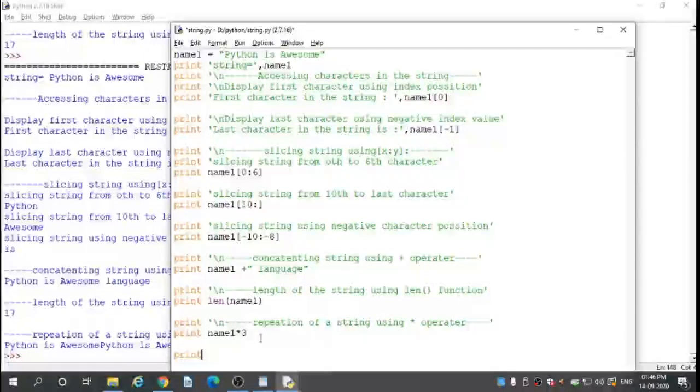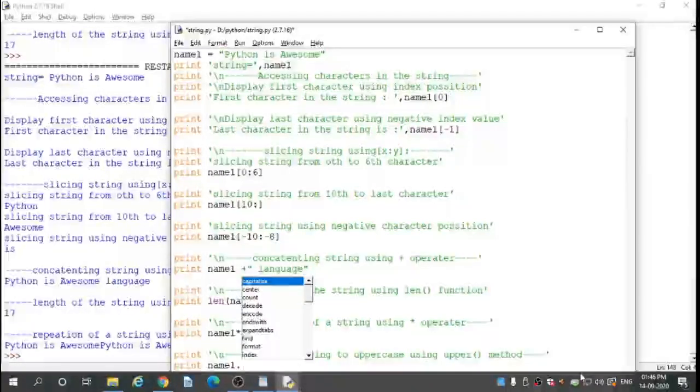Next print single quote \n convert string to uppercase using upper method. Print name1 dot upper.